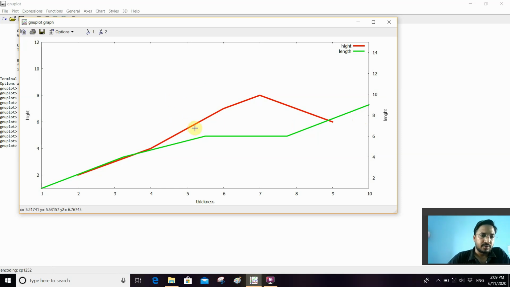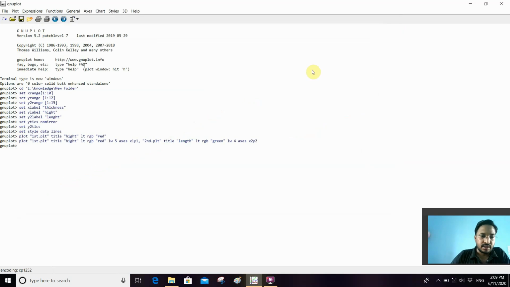So after closing this we have to write set key at 5,7, press enter, and plot the graph.